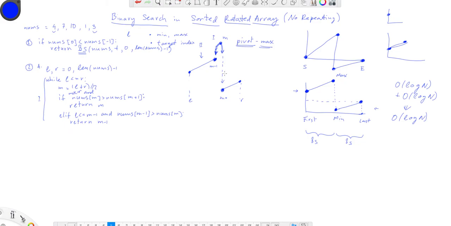We don't know yet where it is. The way we can check that